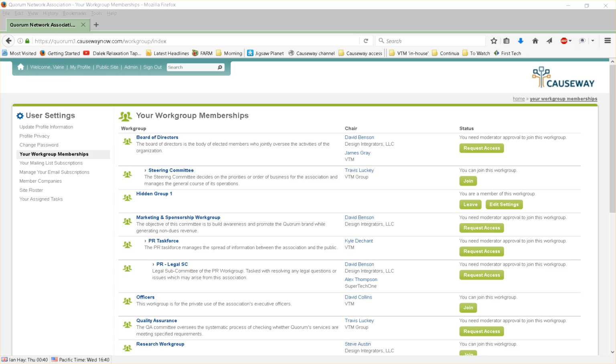Another possible scenario in which you might not see the work group you're looking for would be if it is nested underneath a work group that requires all members of subgroups to belong to the main group. Looking at this list, if, for example, the PR task force, which is a subgroup of the marketing and sponsorship work group,